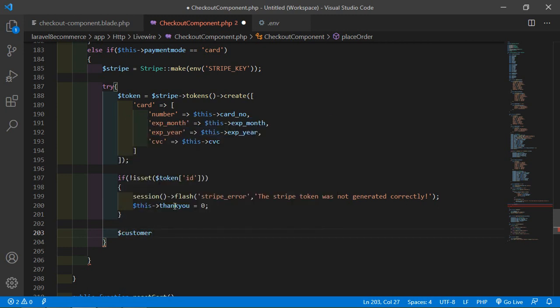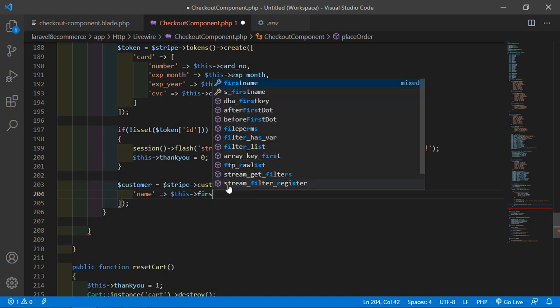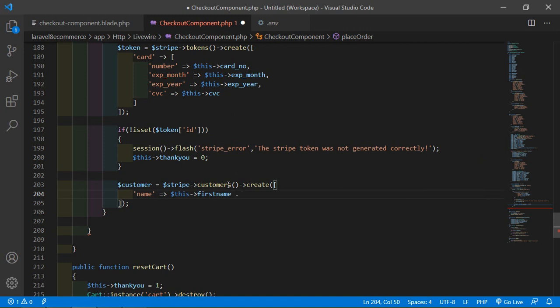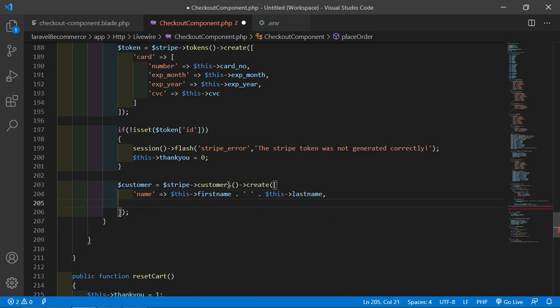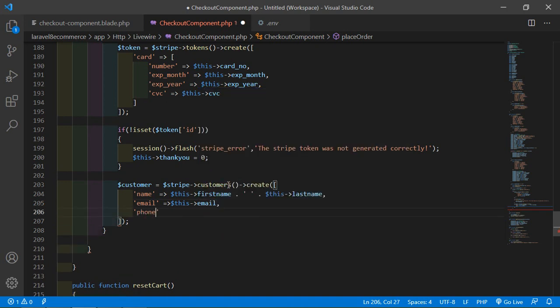customer is equal to dollar stripe arrow customers, and call the create function create, and inside this just pass here an array, and pass here the customer name dollar this arrow first name, add here a space with concatenation sign, then dollar this arrow last name, and now pass here the email id email dollar this arrow email, then phone dollar this arrow mobile this one,